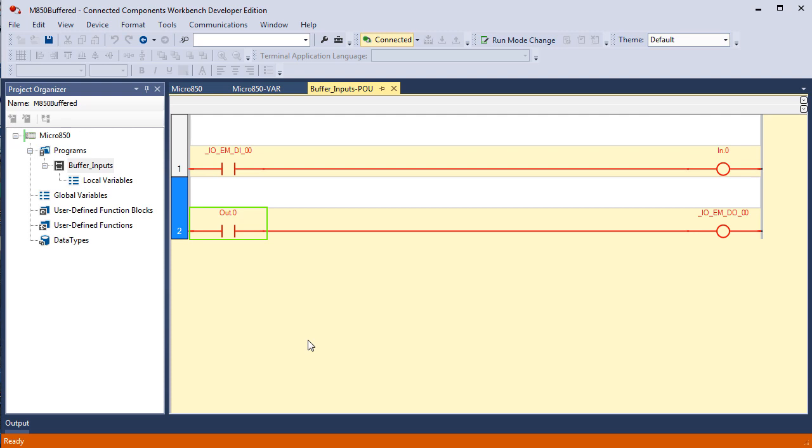This should tidy up any thoughts in your head about the difference between the readable tag that's associated with an input or an output and a tag that you have simply named to imply that it's an input or an output. It's how it's actually used, either as an I/O module defined tag or as an unattached bit in memory. But we're going someplace else here, and that is that this bit in memory right here, even though it's called